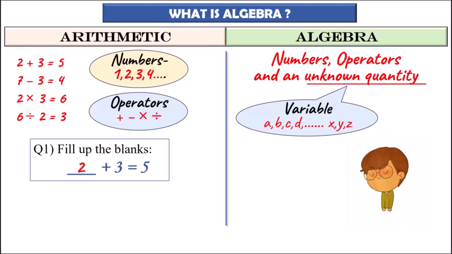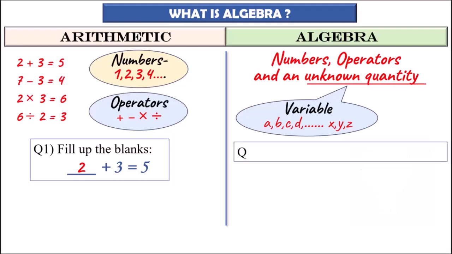Okay, no problem. We will understand with the help of an example. Let us write the same question we did in arithmetic again, but now we will write it in a way that is used in algebra. If x plus 3 is equal to 5, find the value of x. So if you see the question in arithmetic, it was blank plus 3 is equal to 5. It is the same thing, but instead of blank, we have written the letter x. So instead of filling in the blanks, we have to find the value of x.